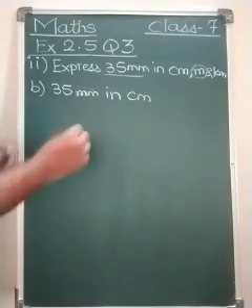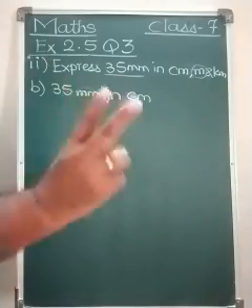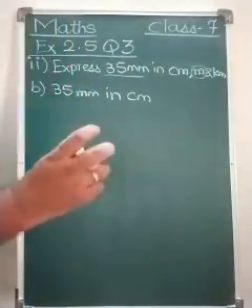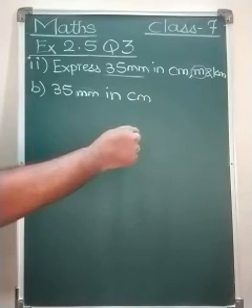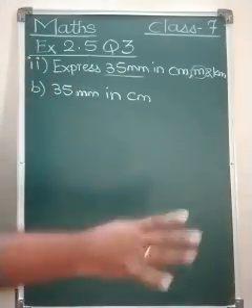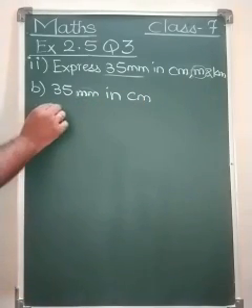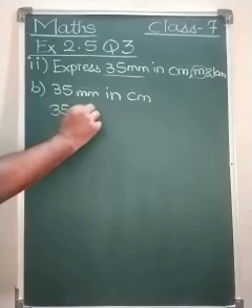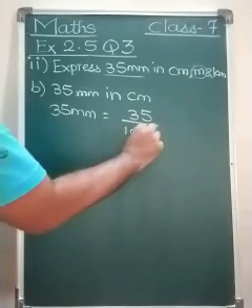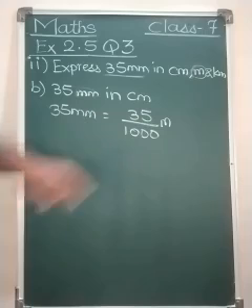Now again, this is very tricky. Tricky means you have to keep in mind big to small and small to big. Only these two things if you are knowing, the table, the place value table, and what is to be done while going from big to small, multiply, and small to big division. Only these two things you know, any conversion you can do very easily. So 35 millimeters in centimeters. Now we have already written 35 millimeter equals 35 upon 1000 meters. Previous to this, in A part we have solved this.